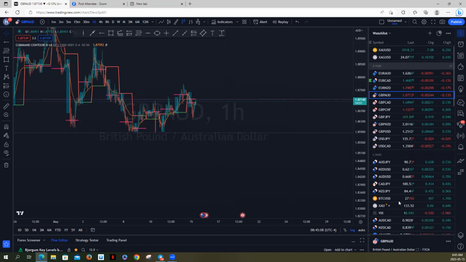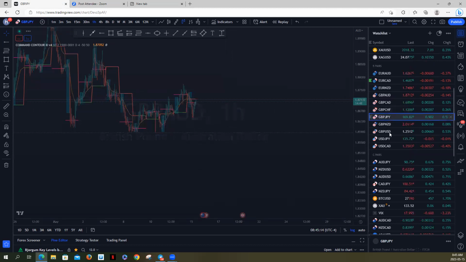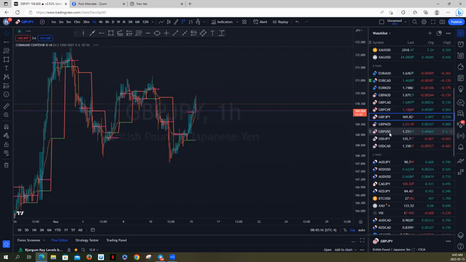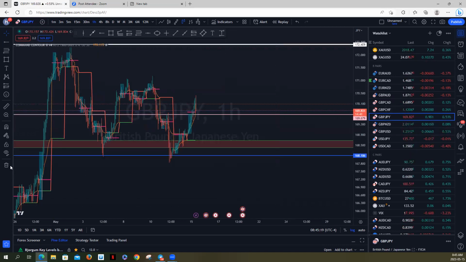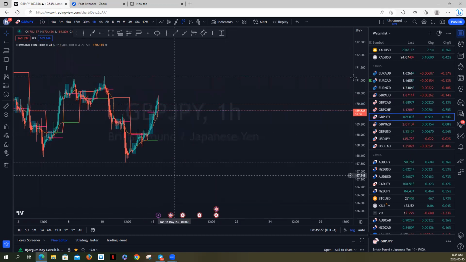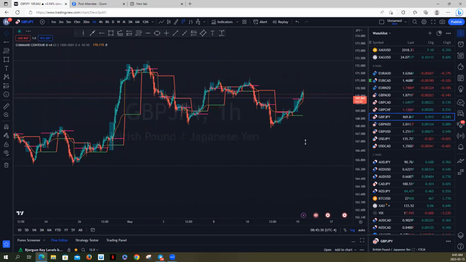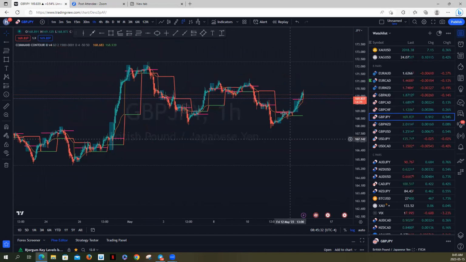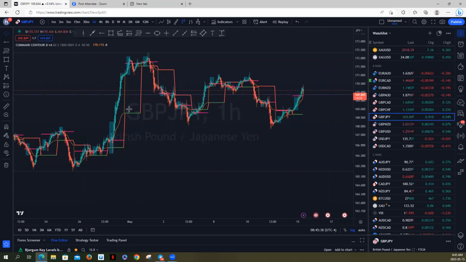Let's take GJ, for example, or let me go GU. Some people have GU. All right, let's start with GJ. Okay, let me remove all these drawings from here. So basically the way it works is like this. Now, remember we talked a lot about liquidity gaps and all that stuff, liquidity zones. They're amazing for that. Okay, let me show you something here. For example,